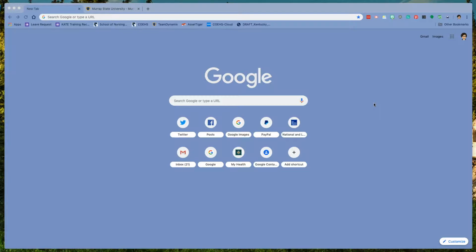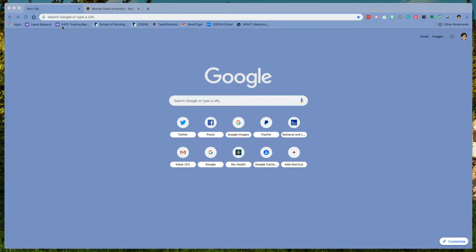Today we're going to be looking at bookmarks in Google Chrome. You'll see that I have a new tab open, and I also am showing my Bookmarks Bar across the bottom here, underneath my Omnibar, where I can search for websites and things. The Bookmarks Bar allows you to pin or bookmark things that you use a lot. The rest of my bookmarks I put in my other bookmarks, but these are things that I tend to have